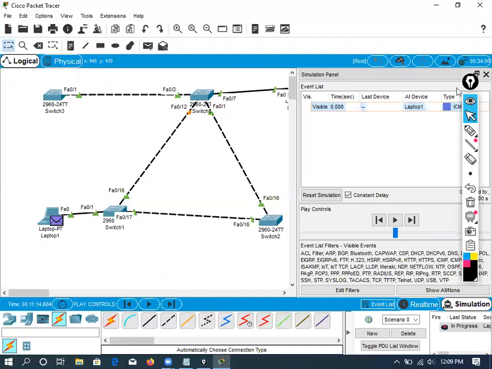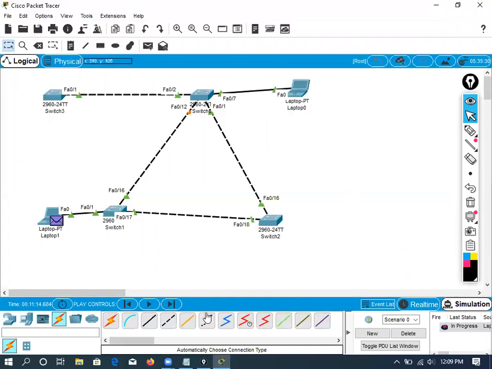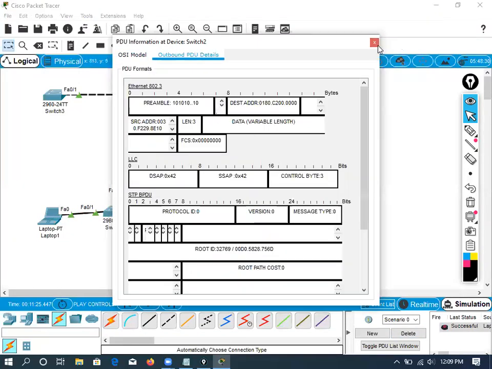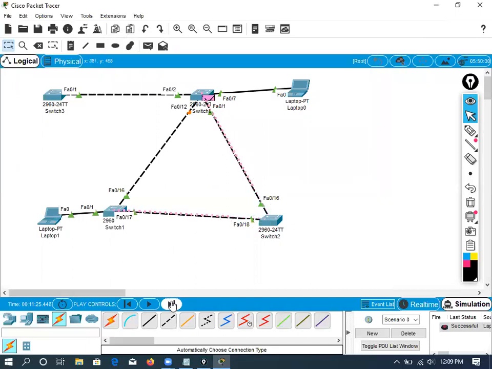If you want to actually see the path, this is what I said. Just click on the simulation mode and send the packet from this PC to this PC. Look how the packet is going. Can you see that? Done. You got the successful message. It's completed. Again, if I click on next, have a look there. This is your STP. Can you see that? Type STP is happening. This is an STP packet. It's running, broadcasted. Now see what's happening there. It's broadcasting to all other interfaces. Have a look here. Now this is CDP, Cisco Discovery Protocol.